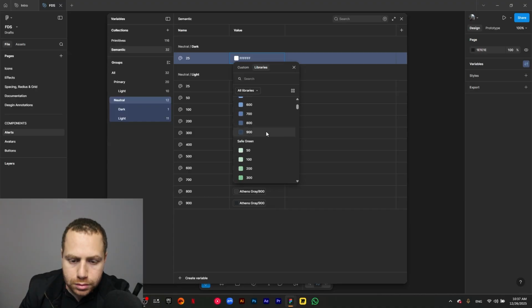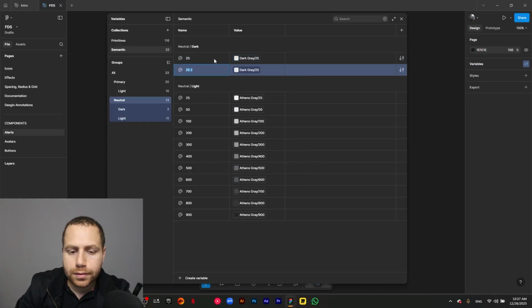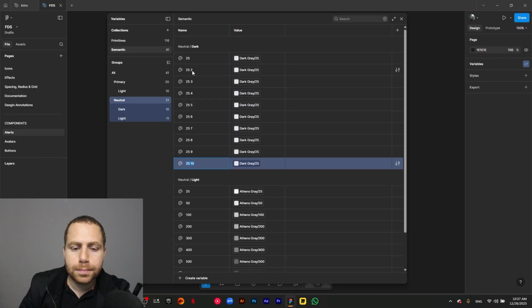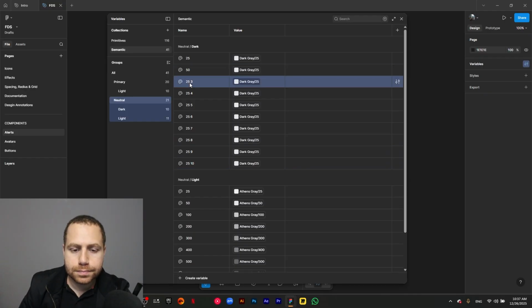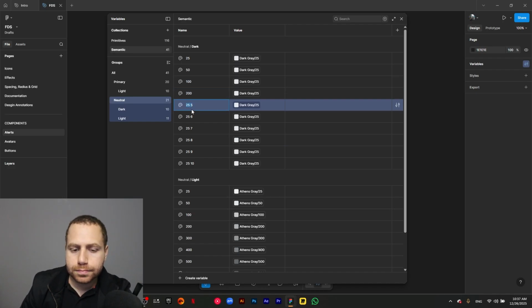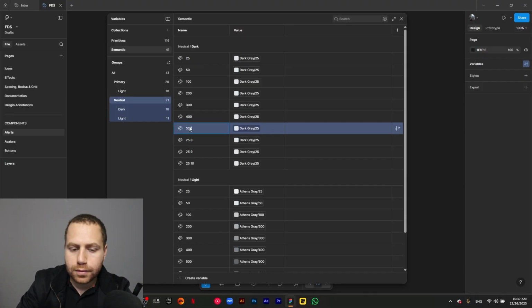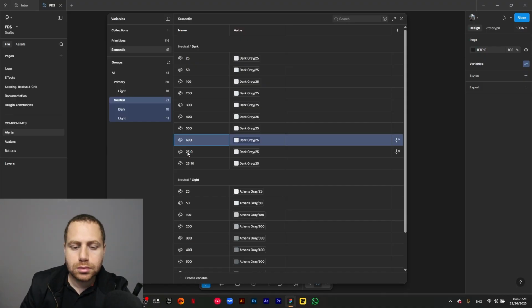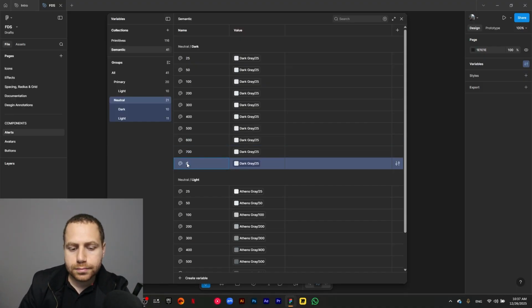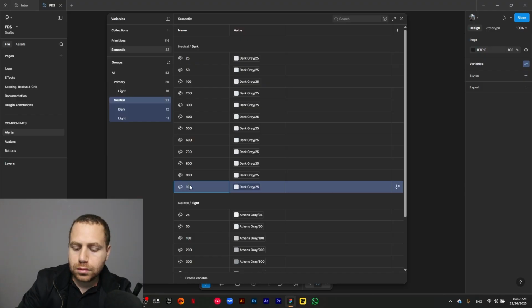Neutrals, which I don't remember the name of it. The name was dark gray. Okay. 25 and so on and so on. This is going to be 50, 100, 200, 300, 400, 500, 600, 700, 800, 900, 1000,